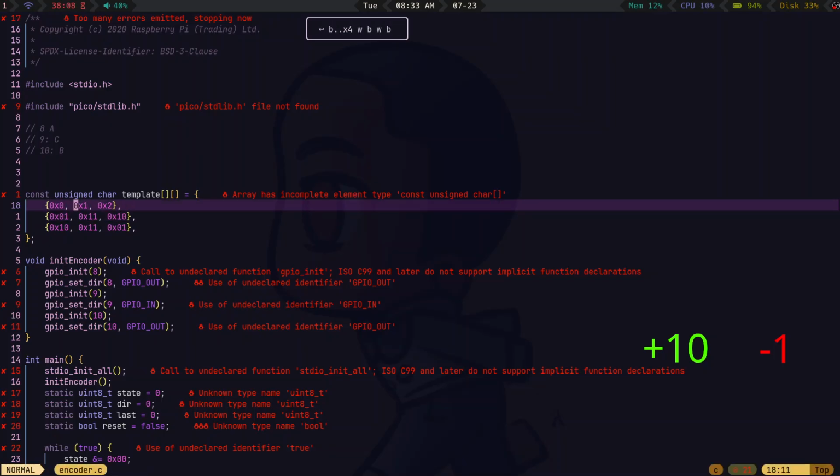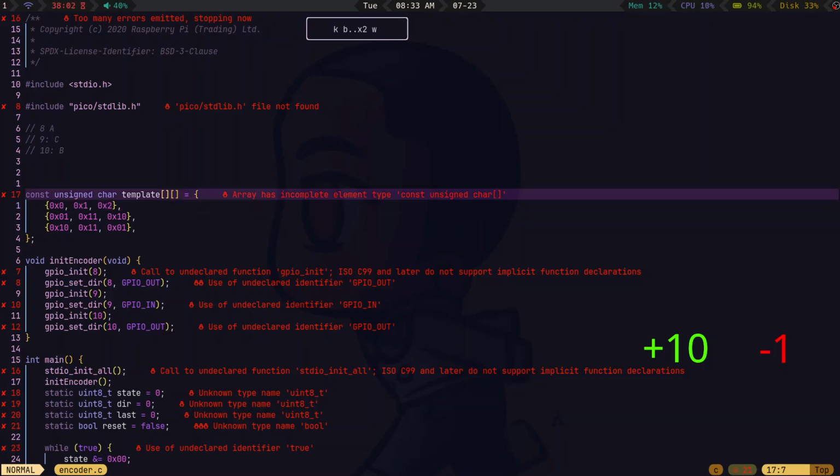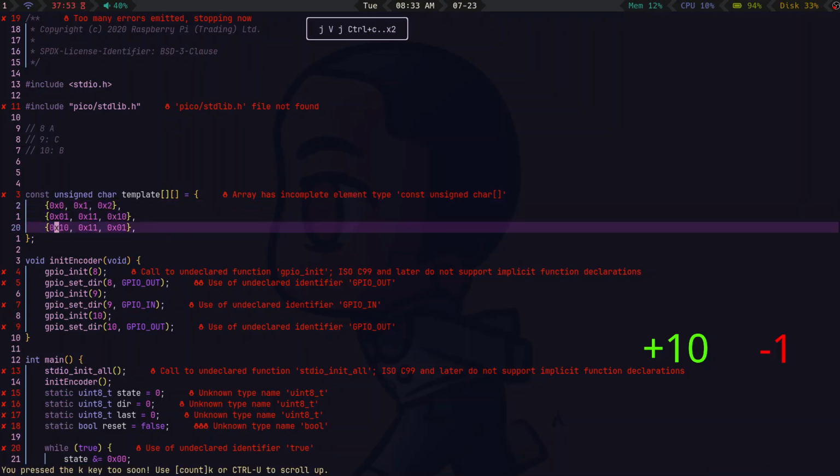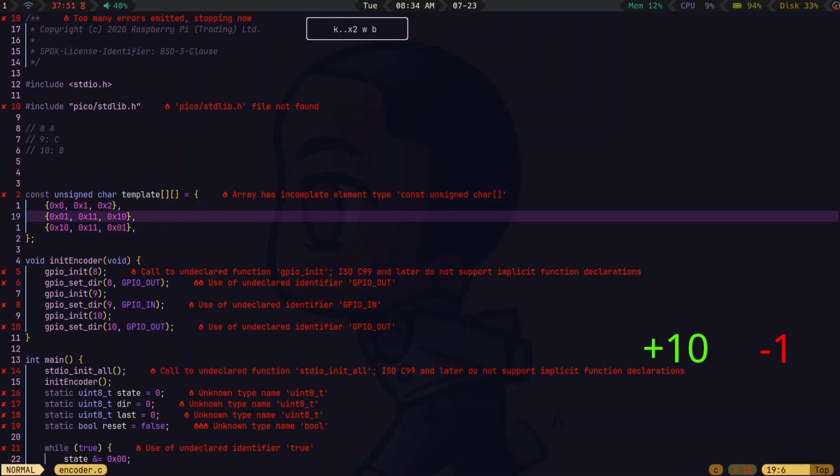And then, interesting. So this could be the selector for both of these. And then